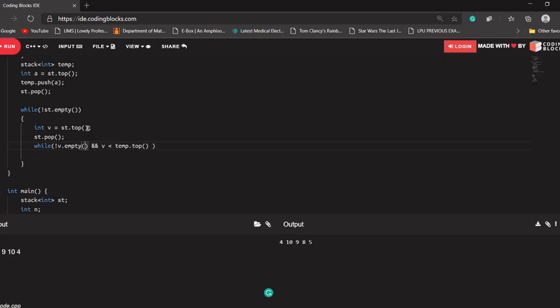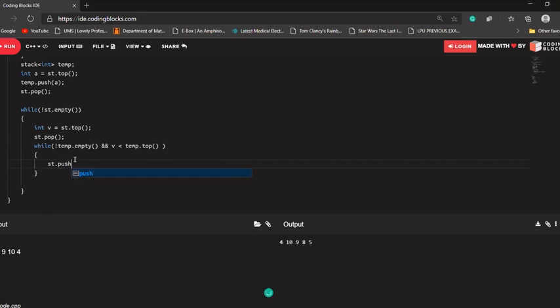If temp is not empty, and the element at v is less than the value at the top of the temp stack, and the condition is satisfied, then you need to pop that element from the top of the temp and